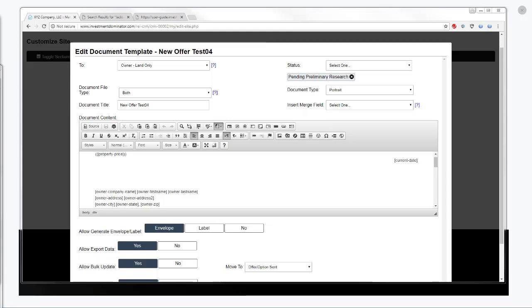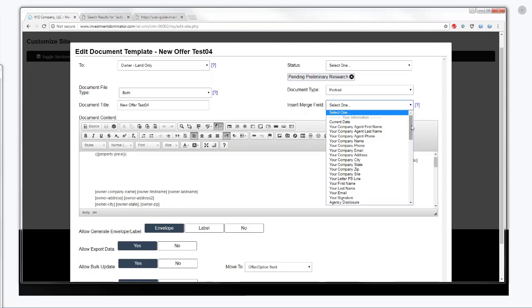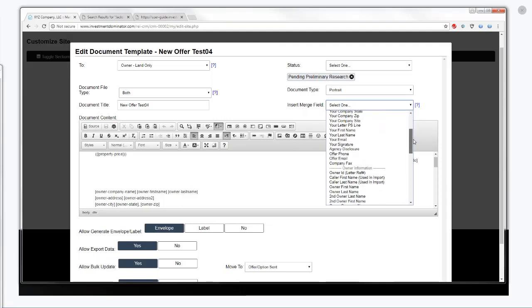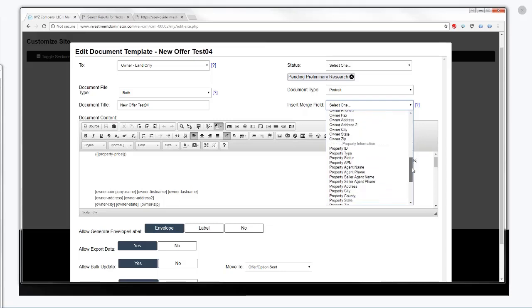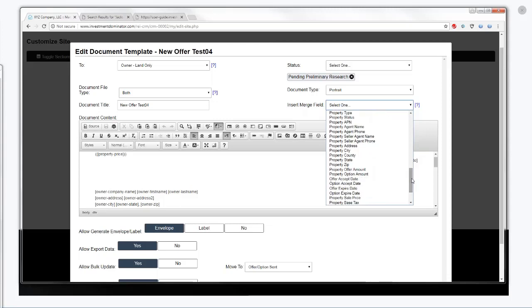I'm not sure I understand your question, Vimsy. What are the situations when one needs to customize or merge fields? Well, it's different. Some individuals like to customize. They like to put more information on their documents or their offer letters. Me personally, we have used the letters as they come out of the actual system. We haven't really done a lot of customization to our letters, but there are some people in real